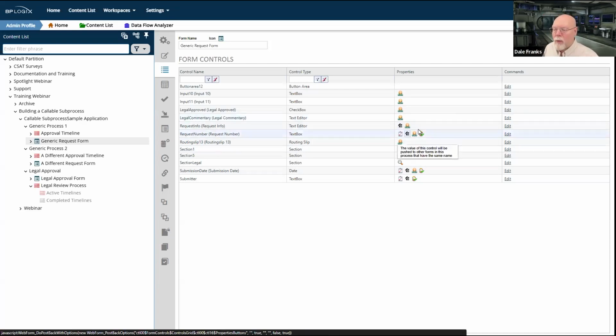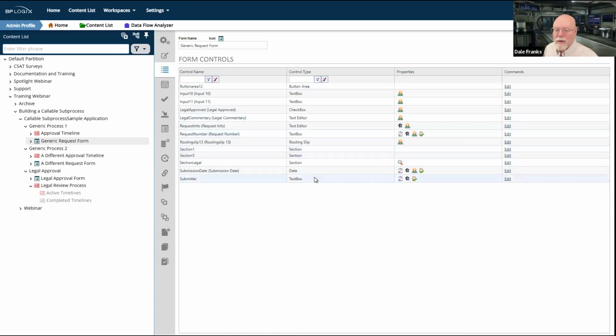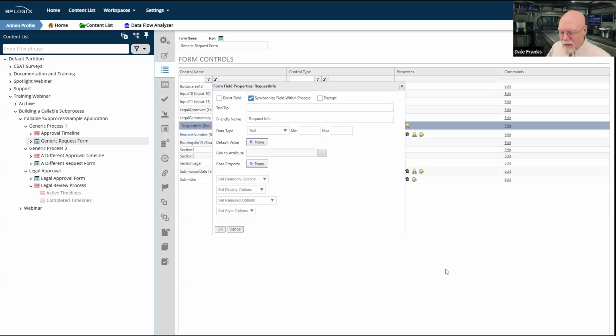What this indicates for these 4 fields, the request info, the request number, submission date, and submitter, is that when we open up the field properties for those fields, and by the way, we could do this in the form design as well, it's just easier to see them all together here in this particular instance, they all have the synchronize field within process checkbox checked. We don't really talk about synchronize field within process enough, but it is super useful and super convenient.